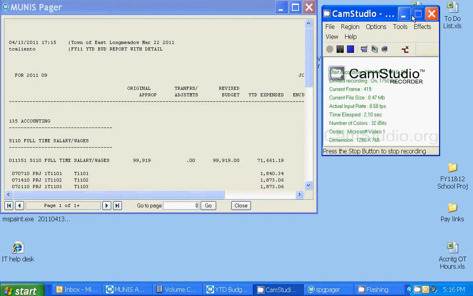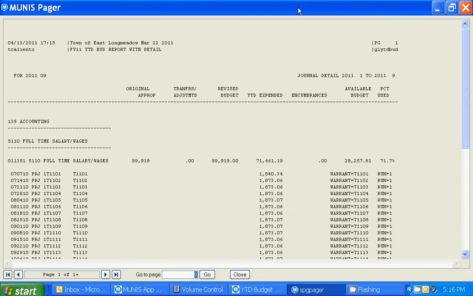Hi, this is Tom Caliento, and I'm going to walk through with you how to produce a year-to-date budget report in Munis with detail, and this is what it looked like in the end. This is my department, and the detail is showing you each weekly expenditure warrant